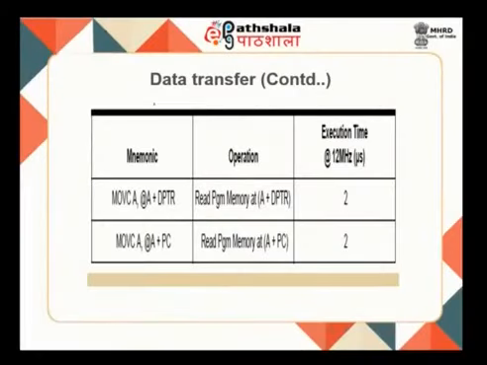The second thing over here is MOVC A comma at A plus DPTR. Whatever data is available at the address A plus DPTR: the DPTR holds the address which will be added with the A content, and this will be the overall address. Go outside, search for it, find the program, the code or instruction available over there, read it and put it in your A. It takes a minimum of 2 cycles. In the same way, MOVC A comma at A plus PC: here also I will be reading the program memory at A plus PC and placing it towards my A.